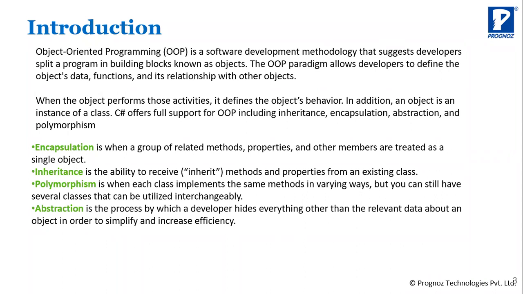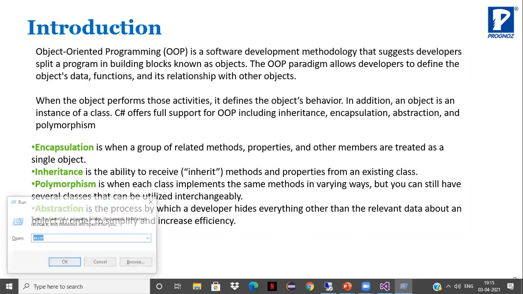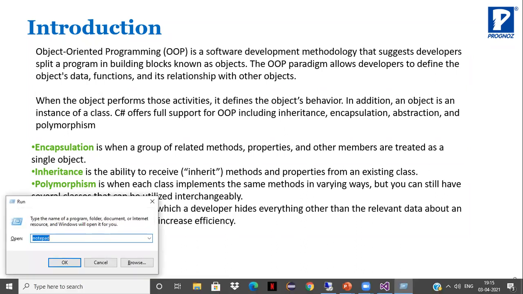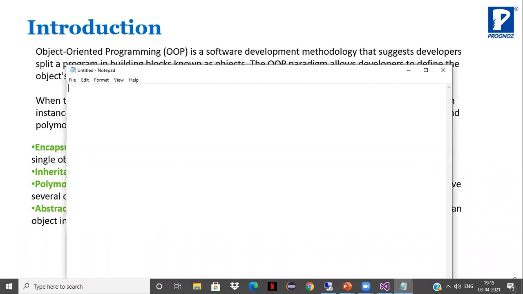For example, if you think about a class called shape, the shape class has a method called the area method. In the shape class, there is no functionality for the area method. We just need to print a message. So we need to write Console.WriteLine, and whatever message we want to print, we have to write it.